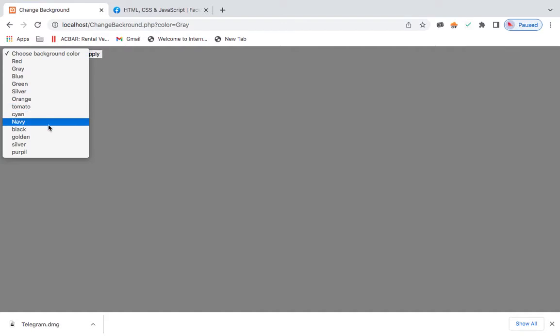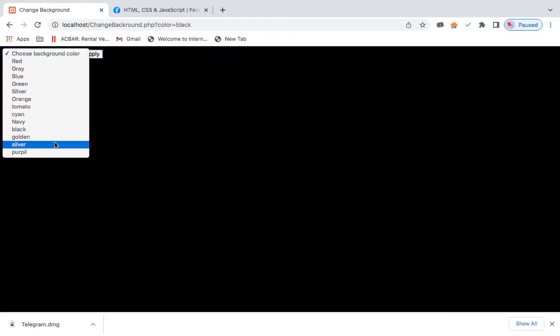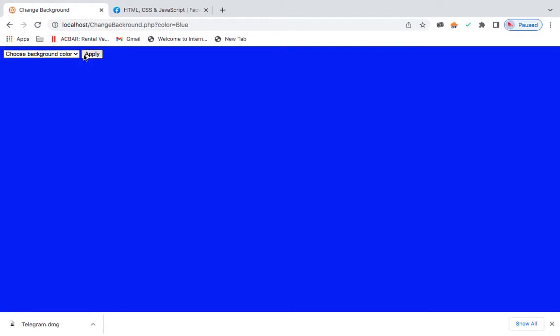And then when I come to black, the background becomes black, and for example orange, the background becomes orange, you can see. And blue, background blue, and green, the background becomes green when I apply this. Okay,